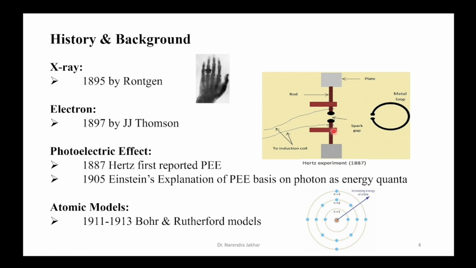Hertz noticed that whenever ultraviolet radiation falls on one metal ball, the spark is more prominent, more favorable because of the incident ultraviolet radiation on one of the metal balls. But Hertz did not carry on this observation further, and he limited himself to studying the electromagnetic waves. Later on, Lenard